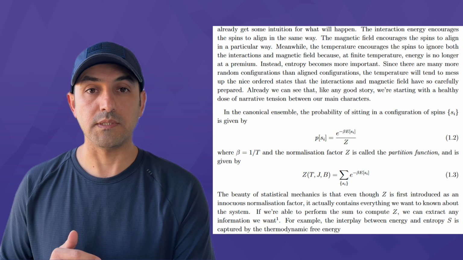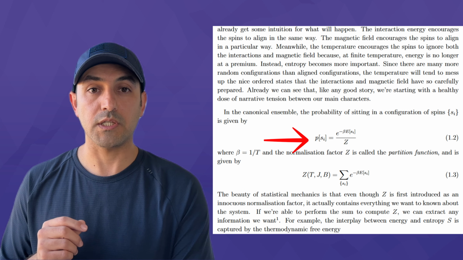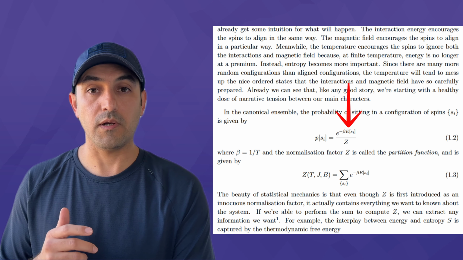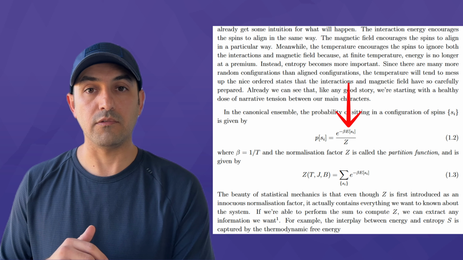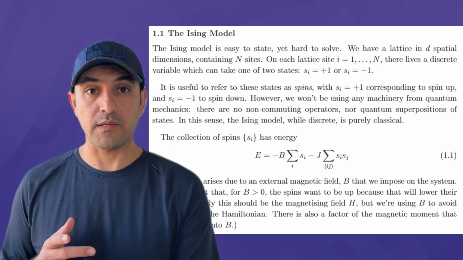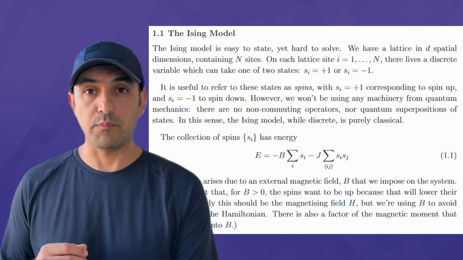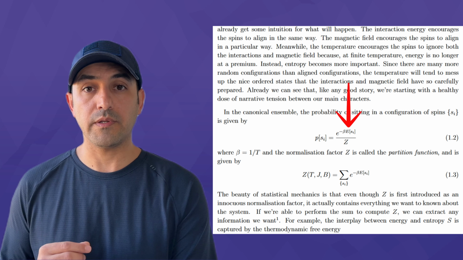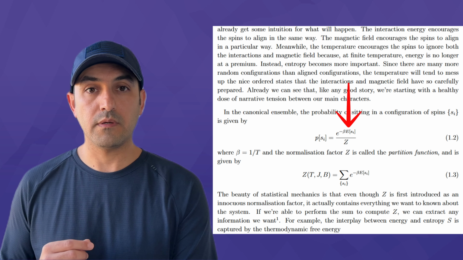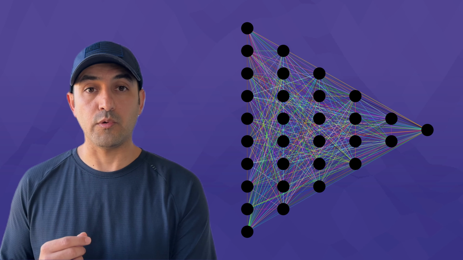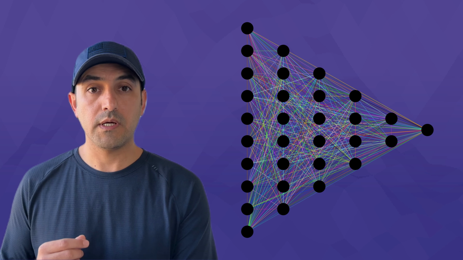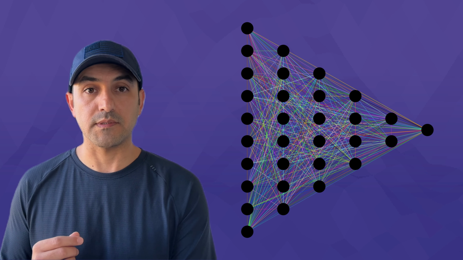Okay, now let's get down to the details. In physics, the behavior of the spin system is described by this probability equation, where E is the system's total energy that we discussed earlier in the video. It is made of these two terms that are themselves in terms of the components of the spin S. So the probability of the spin system is already in the form that we want it to be, the God equation format. Let's now derive the probability of the neurons in the deep neural network and show that it is the same as in the spin system.